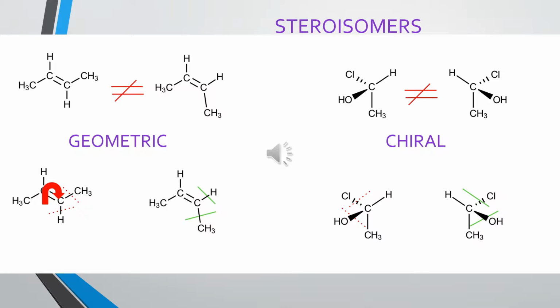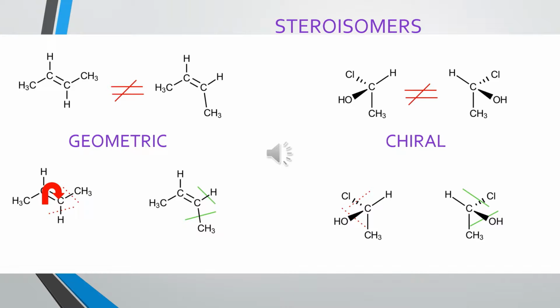Because there's restricted rotation, those configurations are locked and distinct. In other words, you can have a 2-butene molecule where the methyls are far apart, that's the left-hand structure, or you can have a 2-butene geometric stereoisomer where they're closer together, that's the right-hand structure. The left-hand structure we call the trans geometric stereoisomer, and the right-hand structure we call the